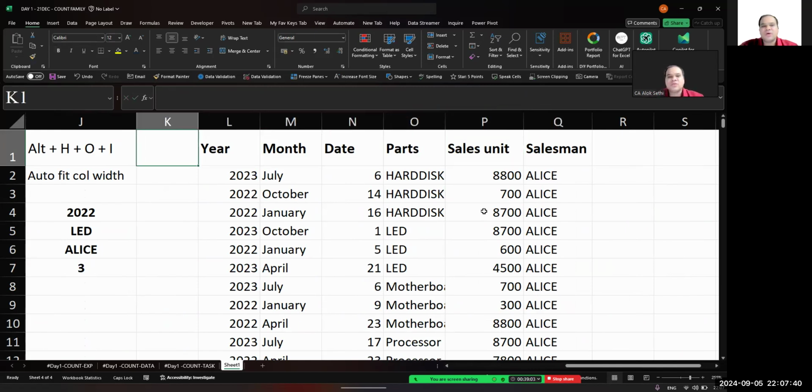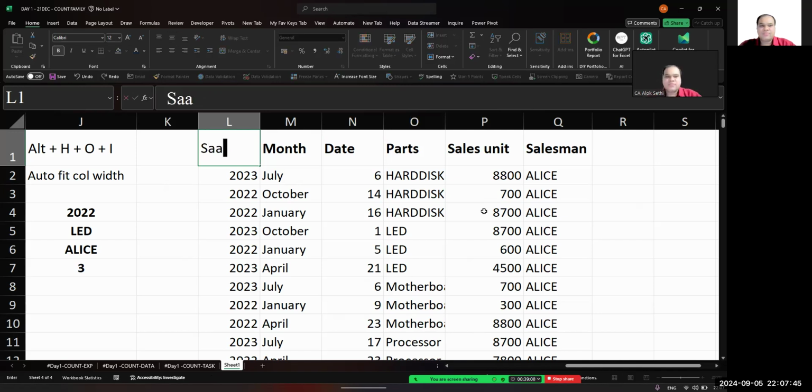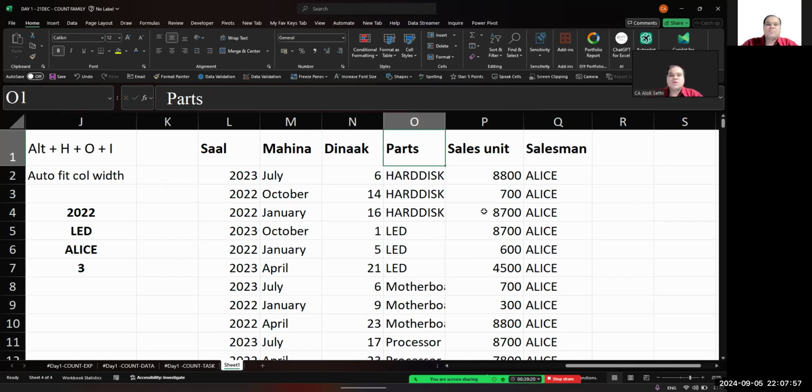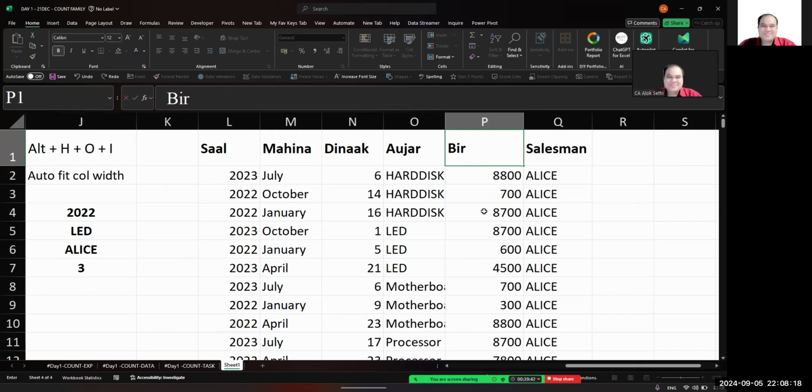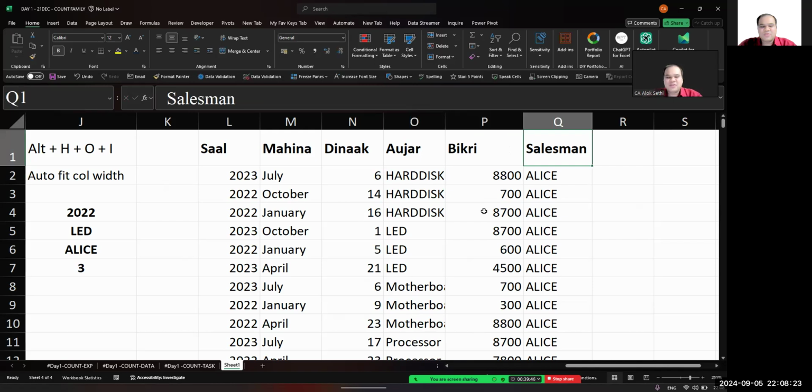अब मैं इनके नाम चेंज कर रहा हूँ, क्योंकि ये नाम बहुत बार ऑलरेडी दे रखे हैं। मैं हिंदी के नाम दे रहा हूँ, तो मैं यहाँ लिख रहा हूँ साल, यहाँ महीना, यहाँ दिनांक। पार्ट्स को क्या बोलते हैं? औजार। और सेल्स यूनिट बिक्री है। और सेल्समैन को बेचने वाला आदमी। बेचने वाला, ठीक है।